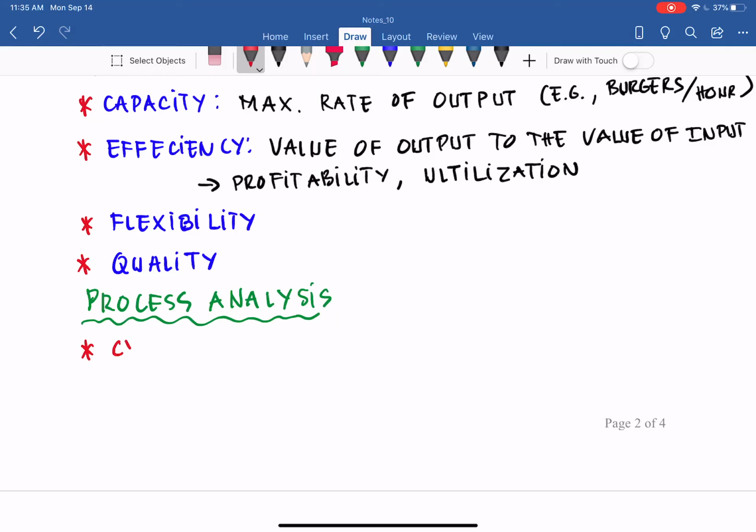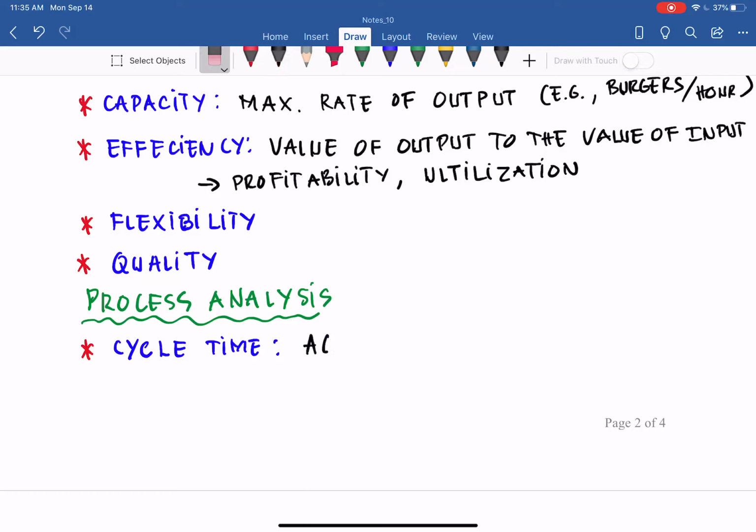The first one is cycle time. You learned that in the very first few lessons of this class. By definition, that is the average time